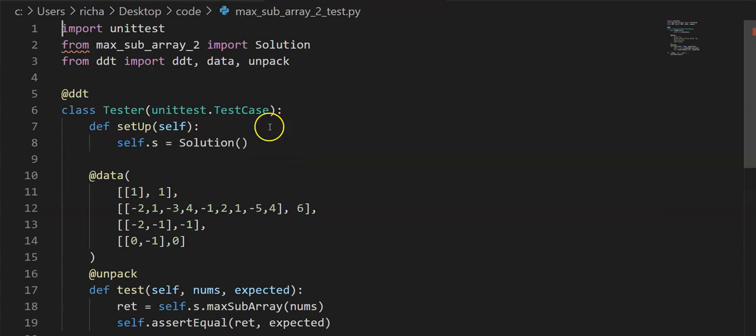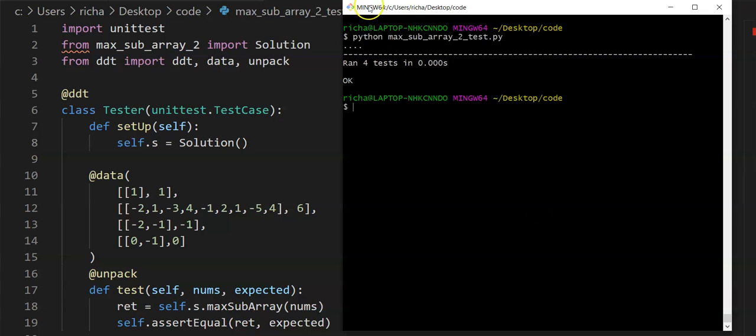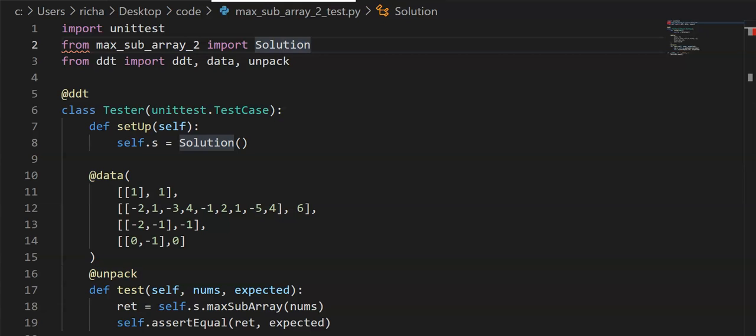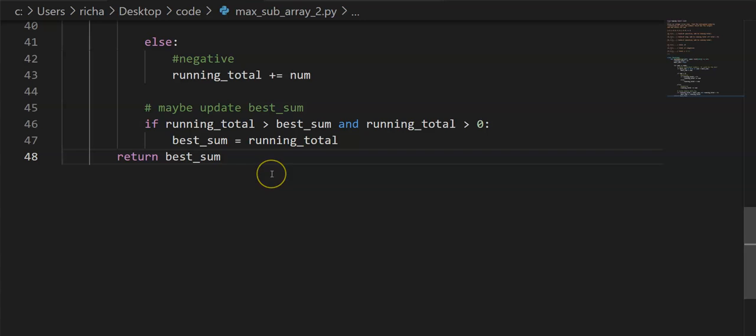Let me go over. I have some tests right here, and so this is the example that they showed. I have some other examples also with my input with 2 negatives and also with 0. So we'll go to my test, and we'll see my test run. And so I'm confident at this point in time that this solution is pretty good. So yeah, this is my solution to this LeetCode problem,